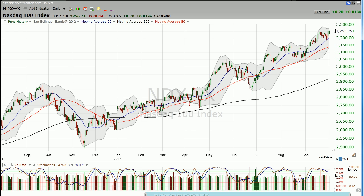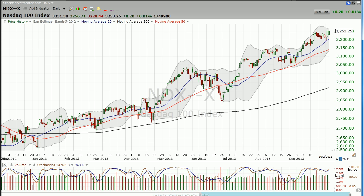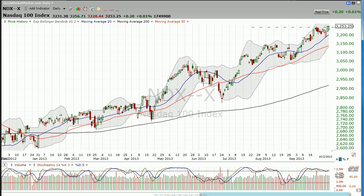Okay, NASDAQ, this was actually pretty impressive that we got kind of general weakness. And after the NASDAQ has been outperforming the other indexes for so long, the fact that it's still hanging in here is a good thing. Again, there's a lot of stocks that are working. Now, a few here,